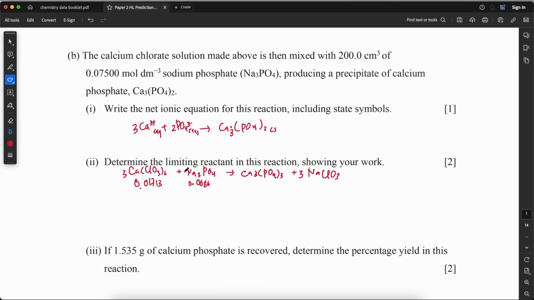To determine which one is the limiting reactant, you need to be careful that 0.0086 is for 1 mole of sodium phosphate, but 0.01713 is for 3 moles of calcium chlorate. Therefore, for 1 mole of calcium chlorate